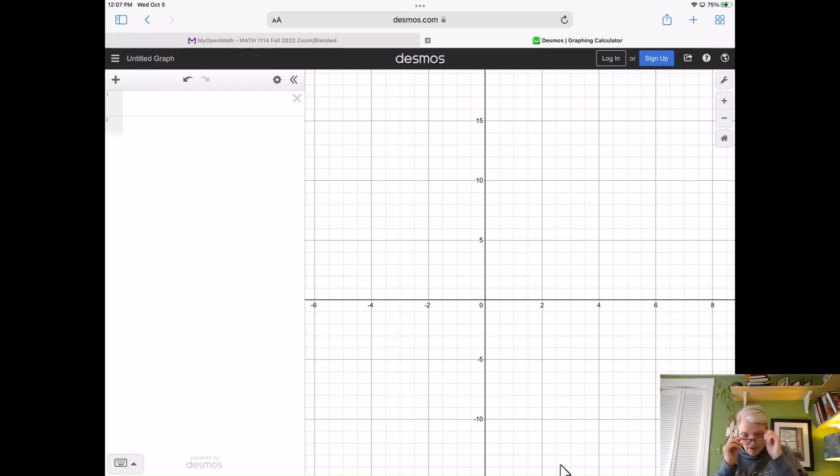This video is on an alternate way of solving a polynomial inequality. In class, we worked on the algebraic method of solving a polynomial inequality. The alternate method is you can graph it on Desmos and solve it that way. The inequality we're going to be working with